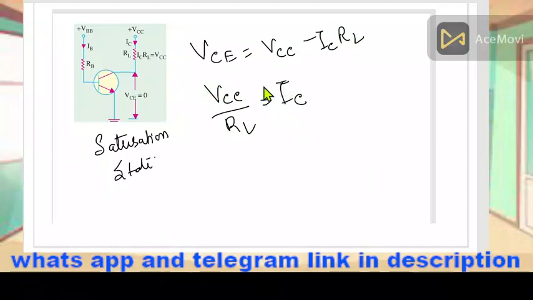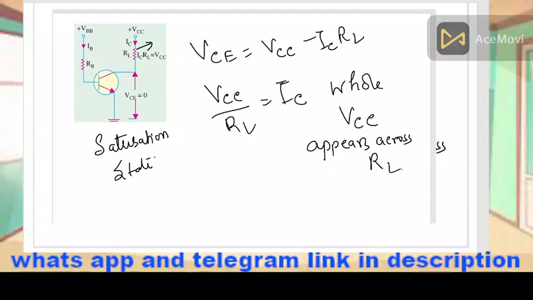Now this equation shows that this will be the current that is flowing through this load resistance at the collector end. Now when a transistor is saturated, it acts as a closed switch and it has negligible resistance. I told you in the previous page. So what you observe from this equation is that whole of the VCC drops across the load resistance. Whole VCC, the biasing voltage for reverse biasing the collector base, appears across RL. This is the important factor.